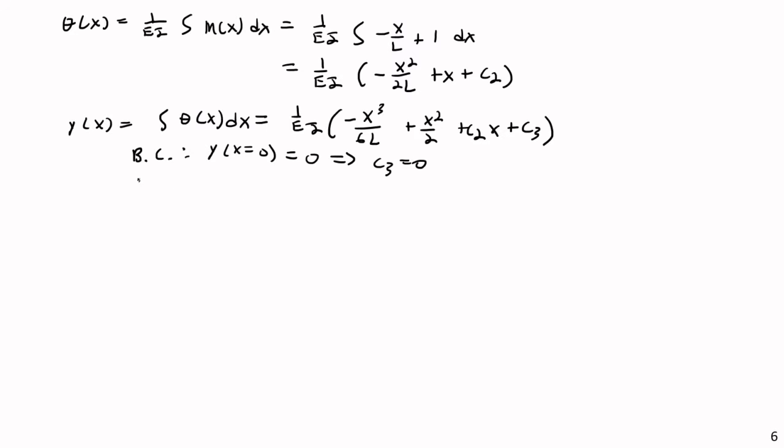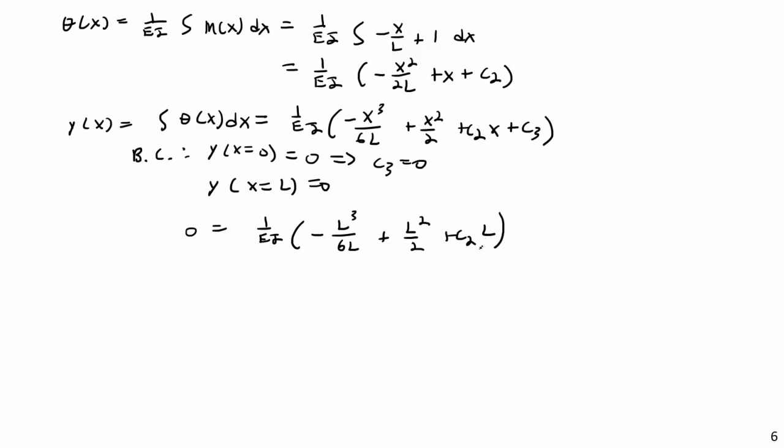Then I also know another boundary condition, y at x equals L is equal to 0. So if I put in 0 for y of x is equal to 1 over EI times negative L to the third divided by 6L plus L squared over 2 plus c2 times L